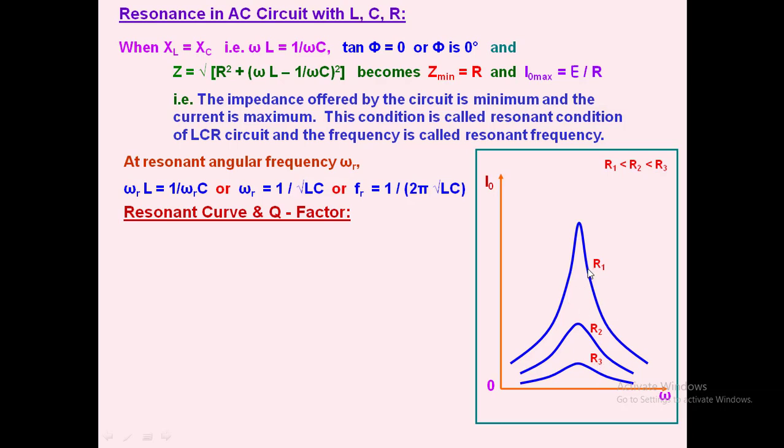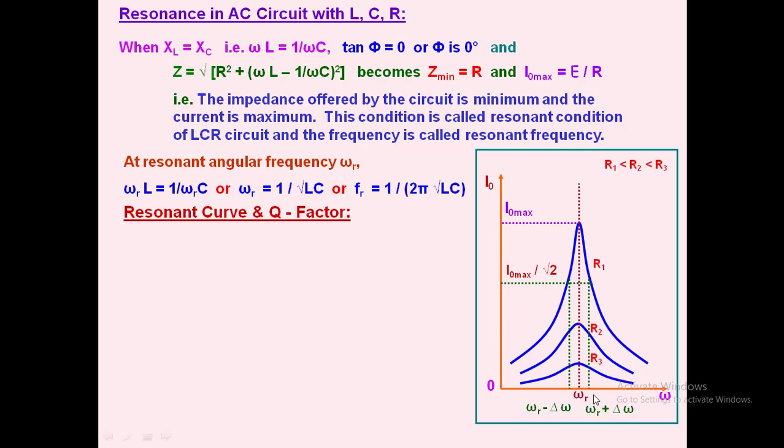Less the resistance, more the current. So the peak will be high. This is a sharp one. So at this particular point, the current is maximum, which is taken as I0 max. And the frequency is called resonant frequency, which is taken as omega R. Now this is called I0 max by root 2,